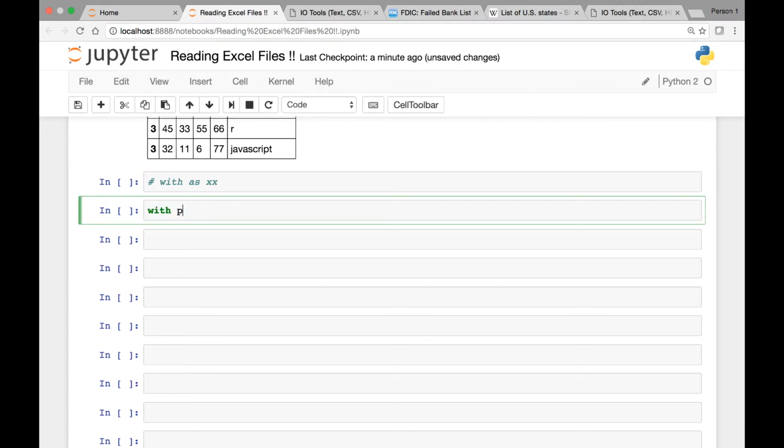So we can say with pd. We'll pass the Excel file class, and then pass your Excel file path. So excel_example.xlsx. Since I saved it in the same path as my Jupyter Notebook, I just pass the name of my Excel file. Otherwise, you'll have to pass the path. So with pd.ExcelFile as whatever name you want to give it, let me just name it